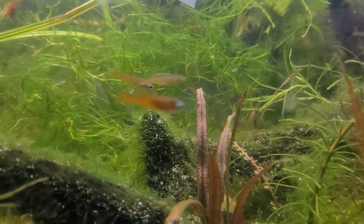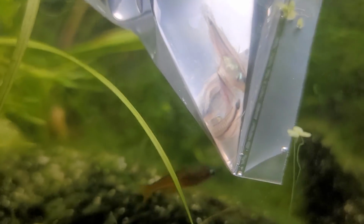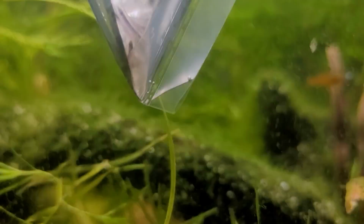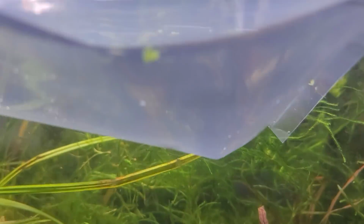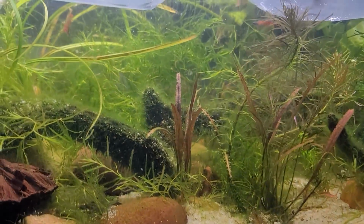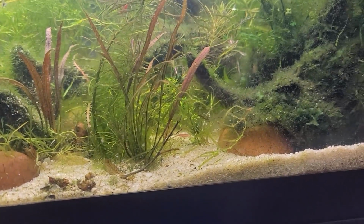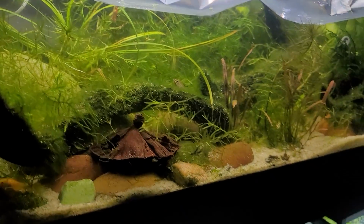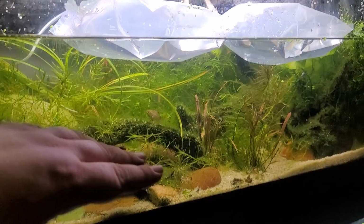The other group that's getting added is the pygmy corydoras. The pygmy corydoras are a fun little one in that they will just kind of act like schooling fish when there's 6 or more of them, so I have 7. And they'll just cruise around. They like, you know, areas that are sandy bottom. They don't really need vegetation. They don't have vegetation in the wild, honestly. They have some leaves and some dried sticks and branches, and when the water level,